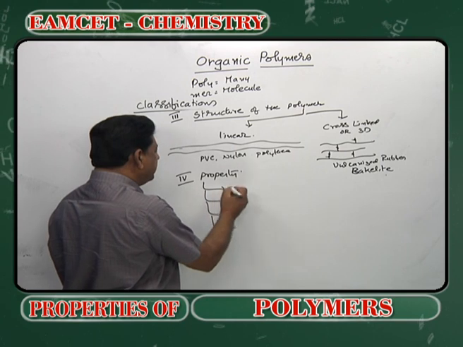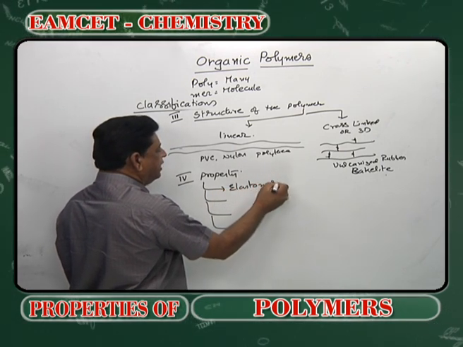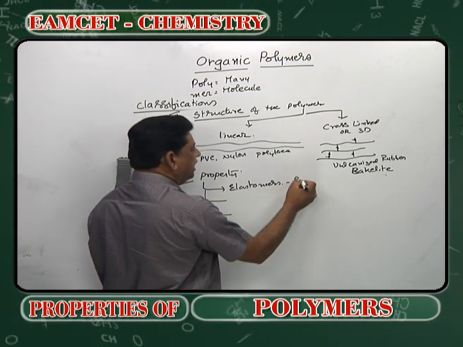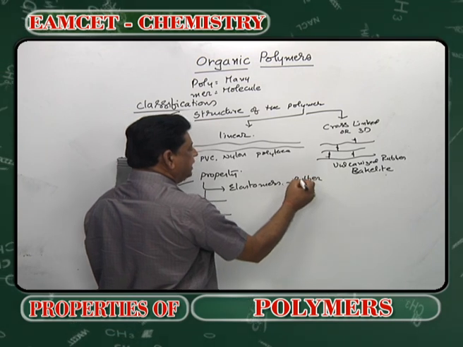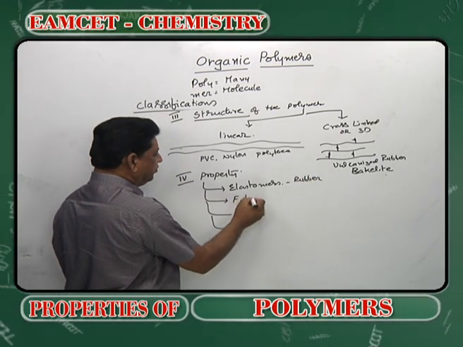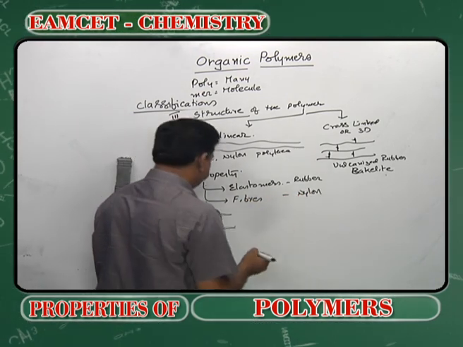The polymers can be elastomers. Elastomers means natural rubber. Rubber has an elastic property, isn't it? Then we have fibers. Fibers, nylon will be one of the examples. Then